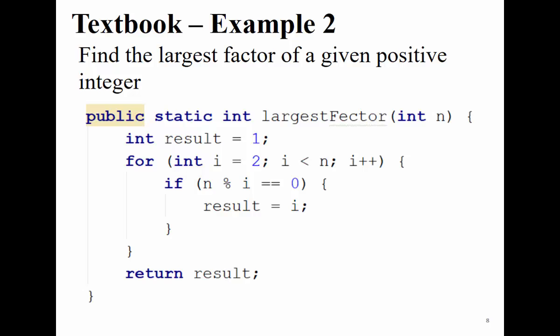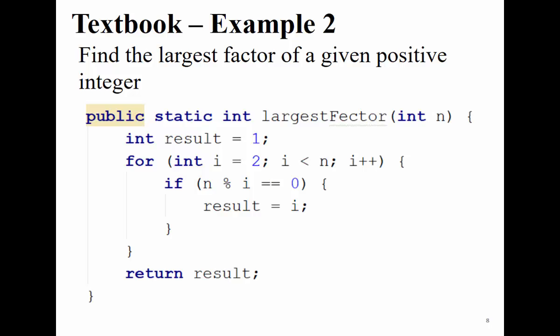Of course, n is a factor of n, because n divided by n is equal to 1 and the remainder is equal to 0. So n is a factor of n, 1 is a factor of n. So that's why we check all from 2 up to n minus 1.